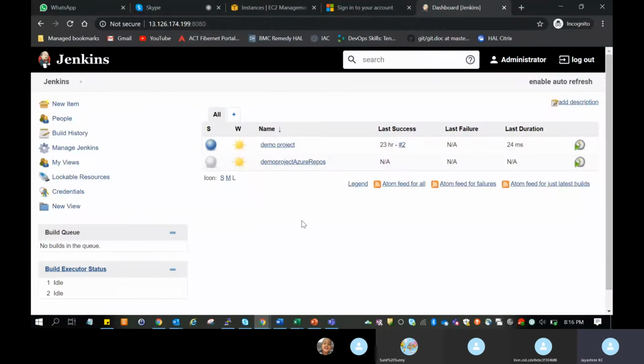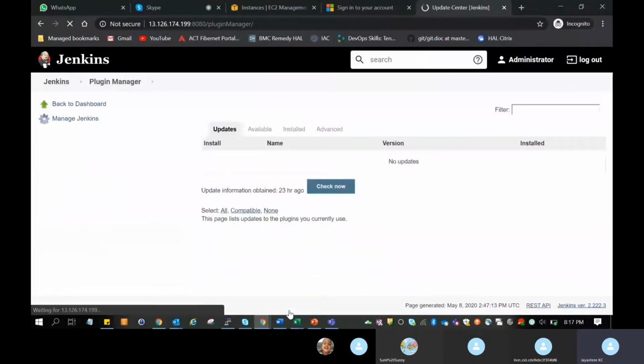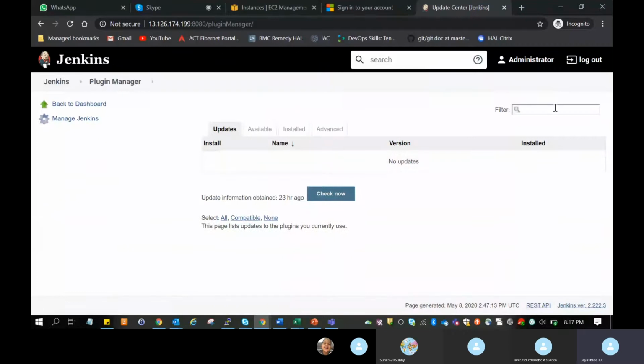Okay. So let's go ahead and create a new project. But before that, let's go ahead and add the plugins. Okay. So go to Manage Jenkins, Manage Plugins. Yes. So here in the Available tab,